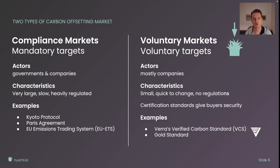More than 99% of all credits are traded here. It's also very slow and very heavily regulated. You as farmers, you don't actually have to reach any targets yet, right? You don't participate in this compliance market. Examples for this market are the Kyoto Protocol, Paris Agreement, where countries agreed on achieving certain goals, and the EU